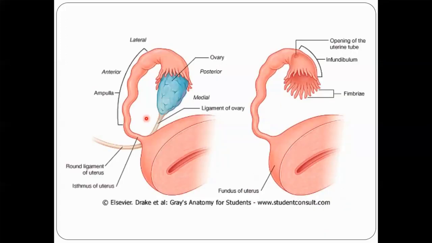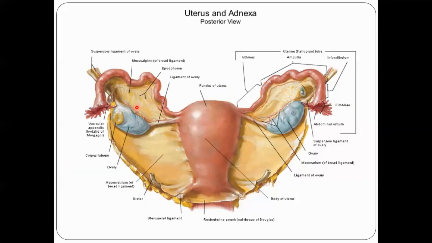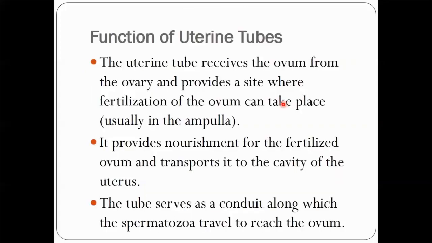Again, the parts of the uterine tube, also called the fallopian tube: the ampulla, and the infundibulum with its finger-like projections, the fimbriae. Here is the mesosalpinx, which is the double-layered fold of peritoneum of the broad ligament. Functions: a conduit for